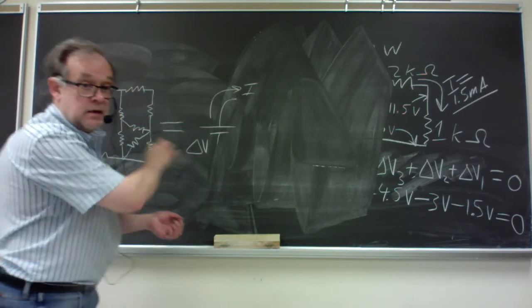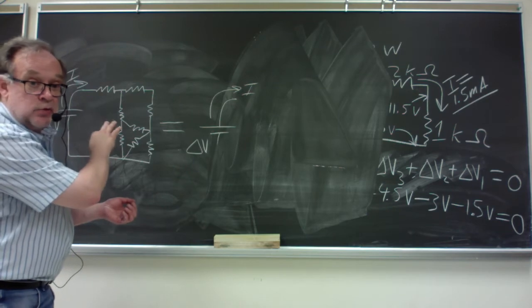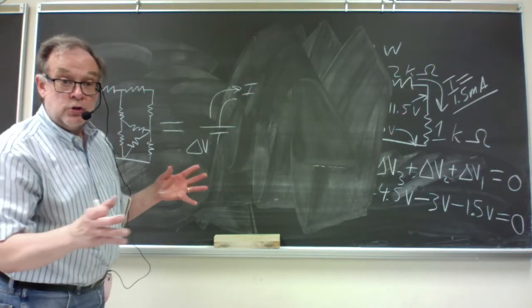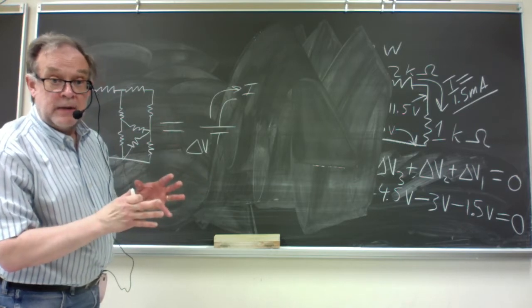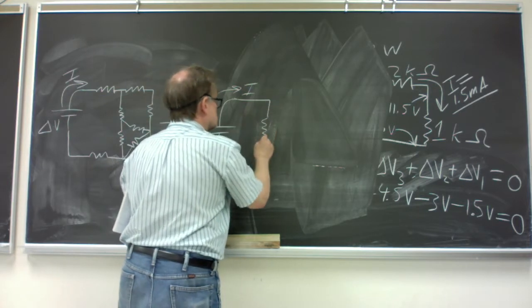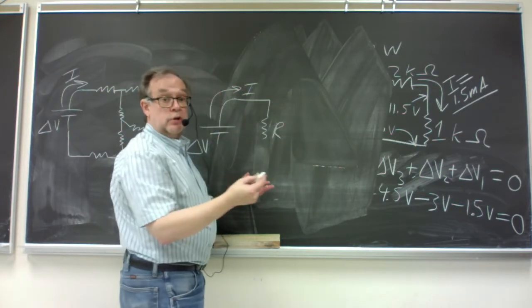In this case, this mess of complicated resistance is simply reduced to one imaginary resistor, we call it the equivalent resistance,